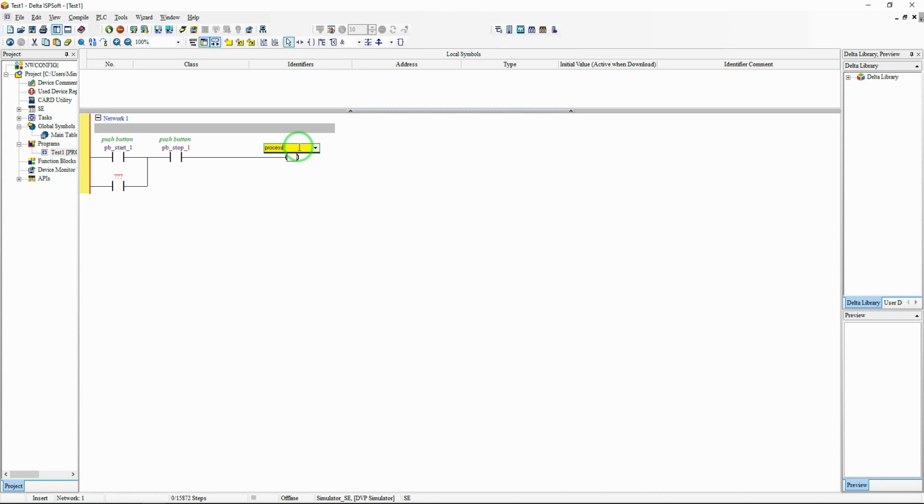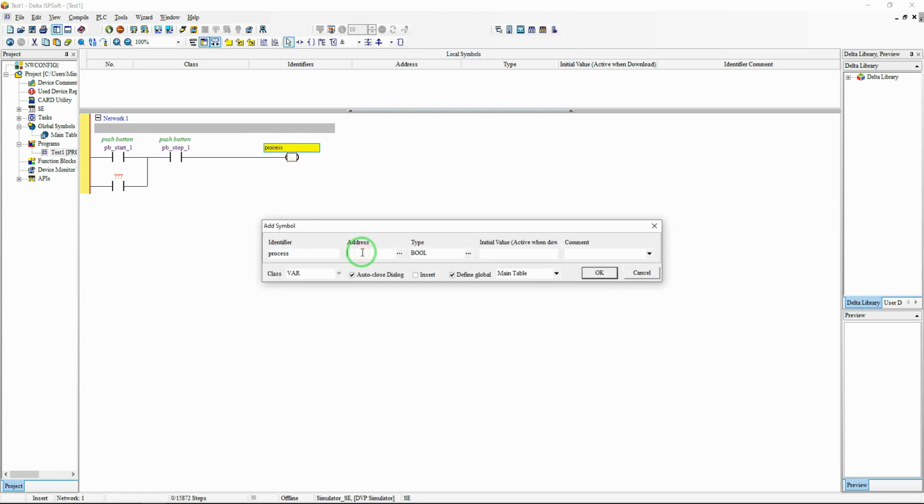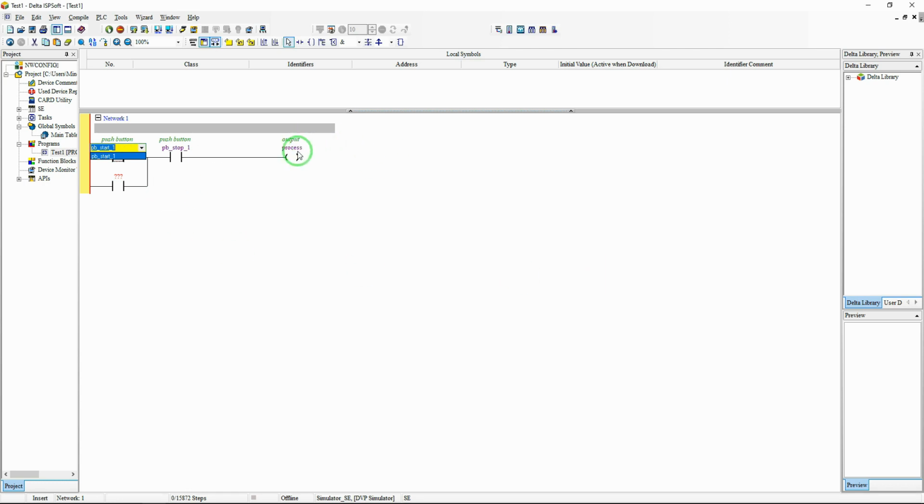Let's call it process, for example, M20 output. Okay,